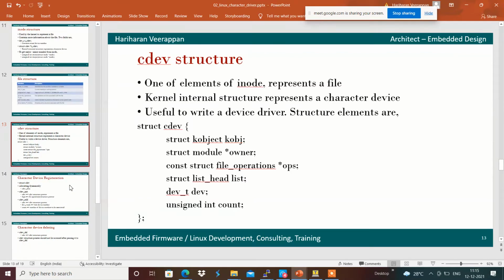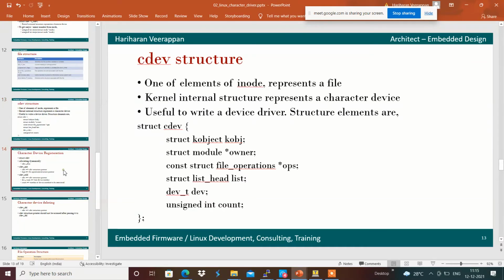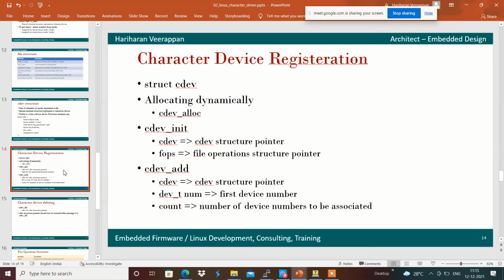Now we will see how we can register a character device over here.